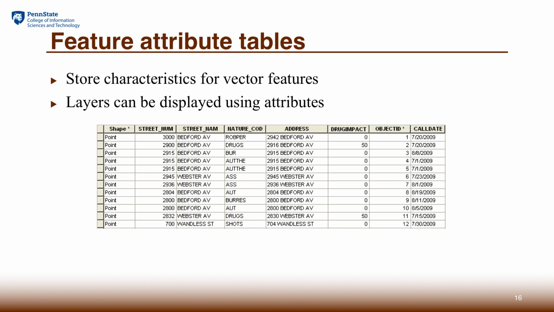So let's talk about point features for a while. Usually point features have a representation of the shape by the point XY, together with other attributes. If you open up the attribute table of a point layer, you're going to see something similar to the table shown here. So we can show the map either by the shape or location itself as points, or we can tell the difference among those shapes by the attributes. For example, you could show that the points are different subtypes of the same type.